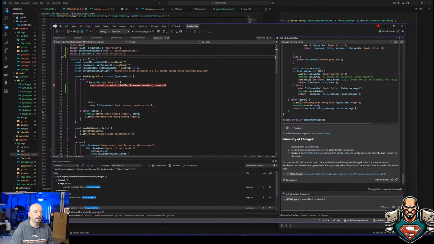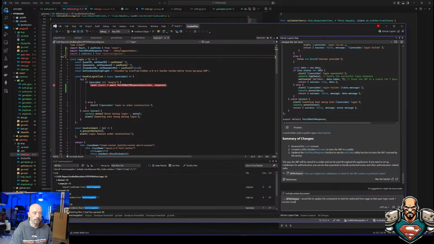I'd like to update this component to hold the calling page, or the redirected from page, so that upon login, with login result equals success true, I can redirect, I can send them back to that page.